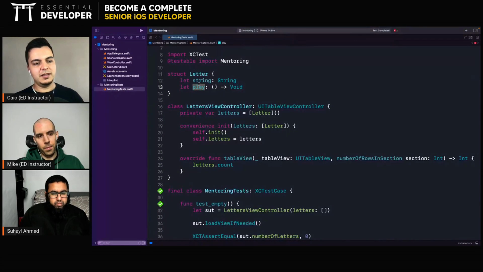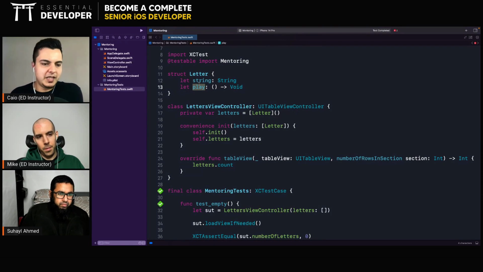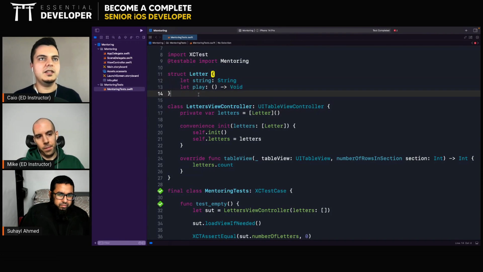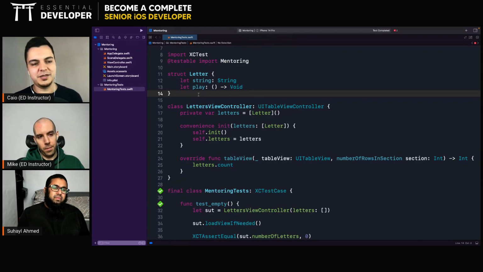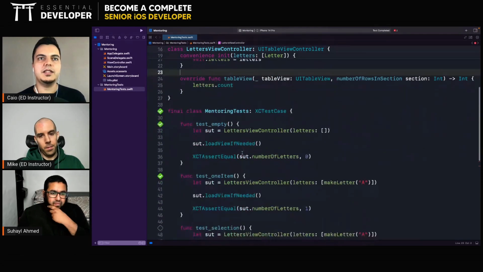So this is the outside-in approach, right? We're going from the user interface. We design first the user interface, test drive it, and start implementing the rest of the system. And there's also the inside-out approach, where you start actually building the core of your application, the domain, and then the web service, and then you get to the UI, to the outer layers. So you can go both ways, both work. But here we're test driving what the user interface needs, and then we build on top of it web services, databases, AV Foundation, playing audio, playing video, whatever you need.